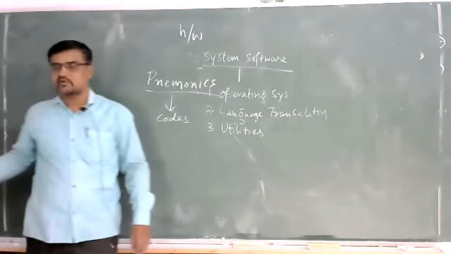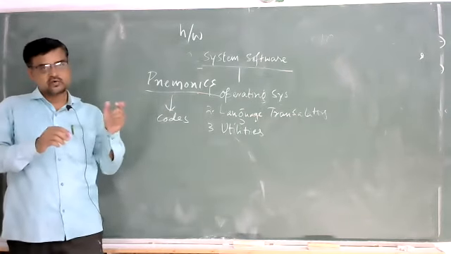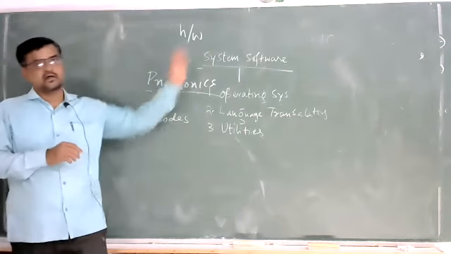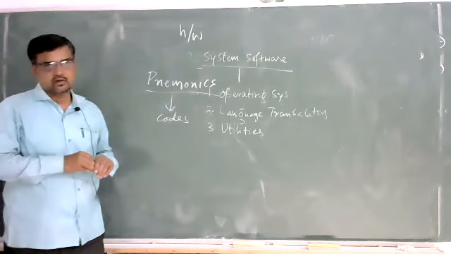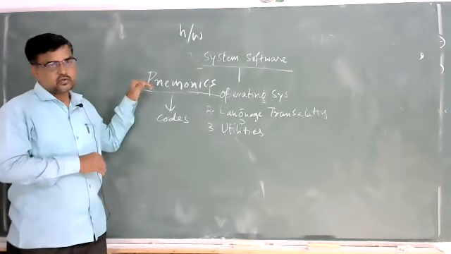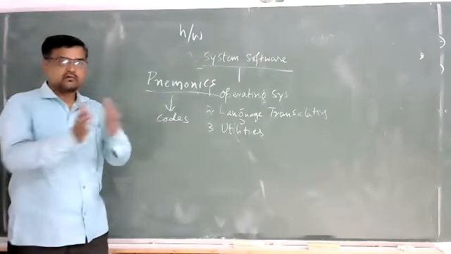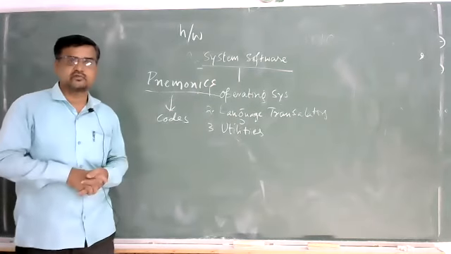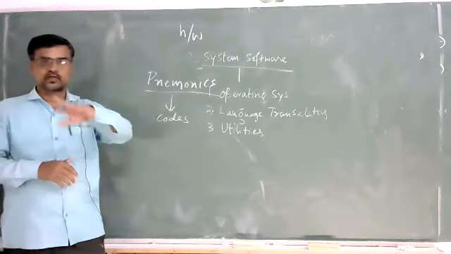In the second stage of language development, they generated some codes. This code is meant for this, that code is meant for that. That code is automatically converted into machine language, and they started using these mnemonics. So they started assembling machine code with the mnemonics. So it is assembly level language which has come. You'll understand it a little better when we go through the number systems again.